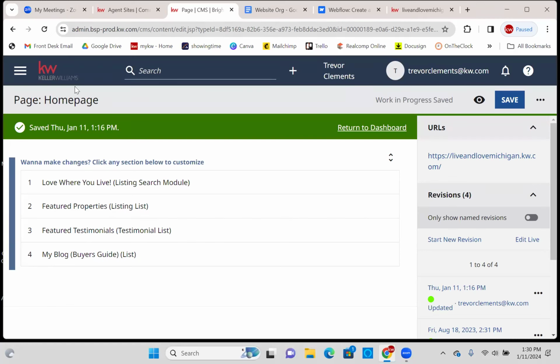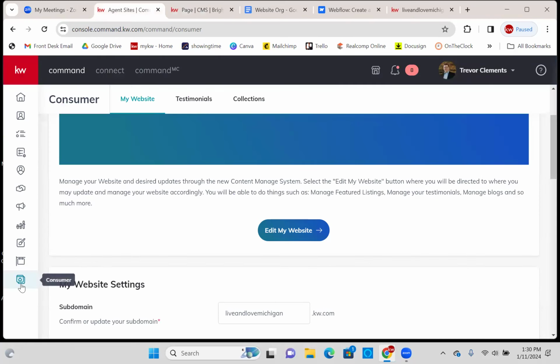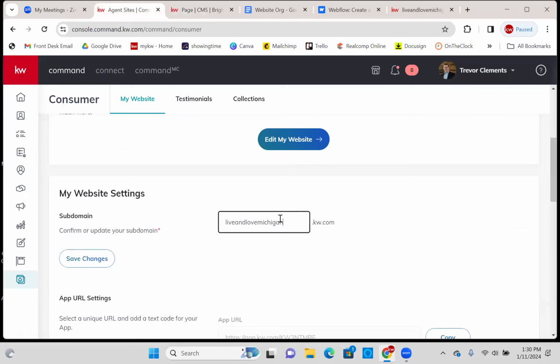Yes, you can go right back to it. Click your consumer tab. And then you can change this, like I could change this to Trevor Clements if I wanted. And then I could click save changes, but then that opens up Live and Love Michigan for anybody to go reserve. Okay, I have another website that's already under Heidi Wilson Homes, so that's probably why. But this will be different because it's technically .kw. So this is just a URL within KW. Change that to